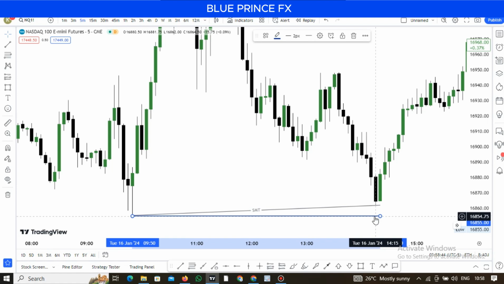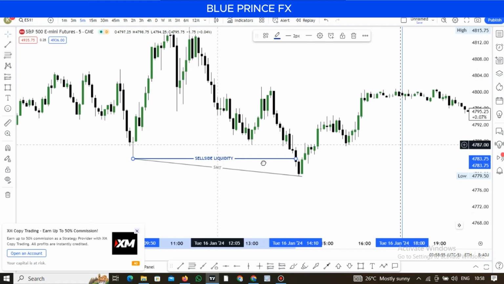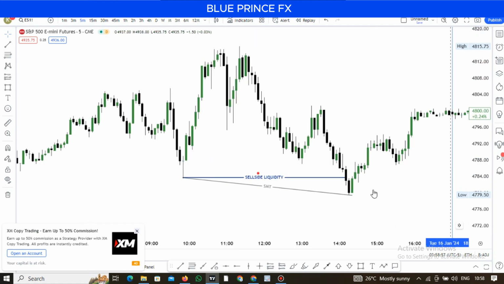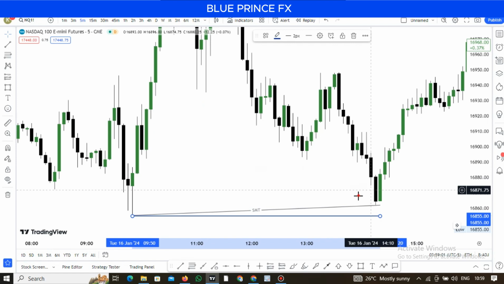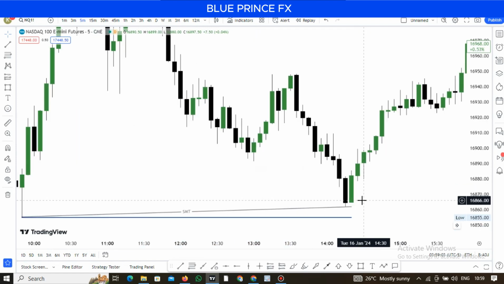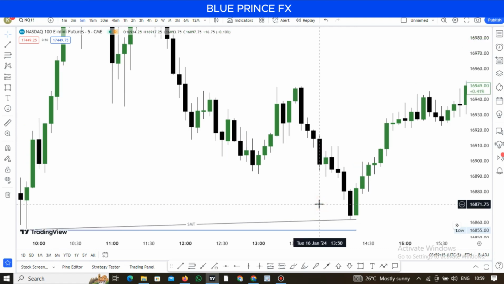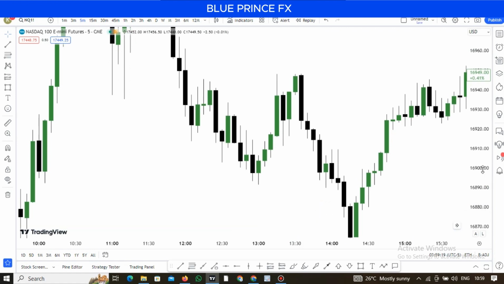So now you go with the traditional liquidity in the form of ES, then you go to NQ, which is Nasdaq, and you look for the same setup. So what do you look for? We can say traditionally our liquidity raid has occurred on ES, not on Nasdaq, but we're going to take our trades on Nasdaq. So that means step number one is fulfilled, the liquidity raid, but not on Nasdaq, on ES. So now we have a fair value gap here: candle number one, candle number two, candle number three. We have a fair value gap here,